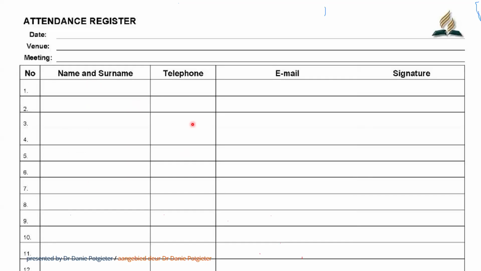Talked about the attendance register. For the church board, I mainly use the one that I